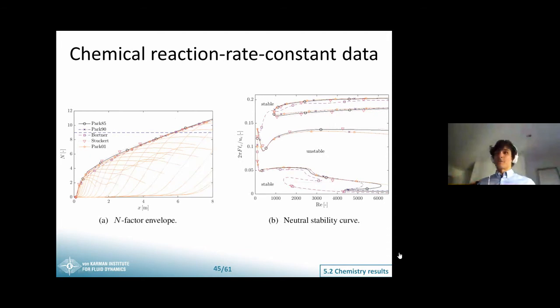However, what we surprisingly found is that the chemical reaction rate constants had almost no effect on the expected transition onset location. What we saw is that at the streamwise position where perturbations would reach a sufficiently large amplitude so as to trigger transition, the flow was already in equilibrium or almost equilibrium. So the actual finite rate of these reactions didn't modify much the ultimate transition location. That was rather surprising.